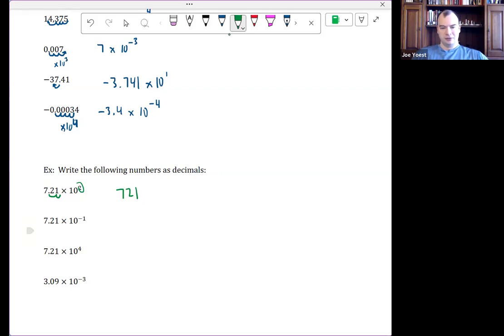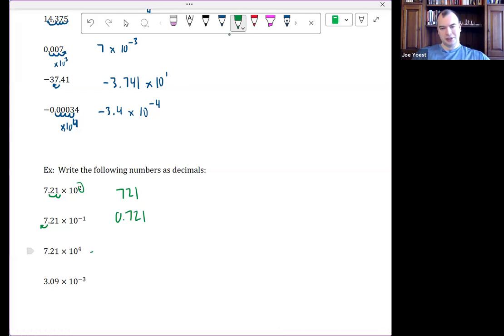7.21 times 10 to the negative 1. I need to move 1 place to the left. 0.721. Is it true that 7.21 over 10 is about 0.7? Yeah, that makes sense. 7.21 times 10 to the fourth. Here I need to move 4 places to the right. I actually kind of run out of places,